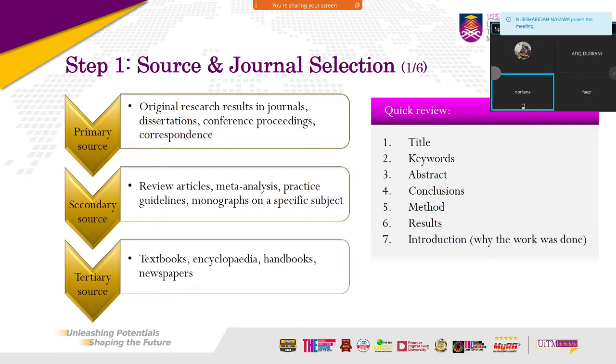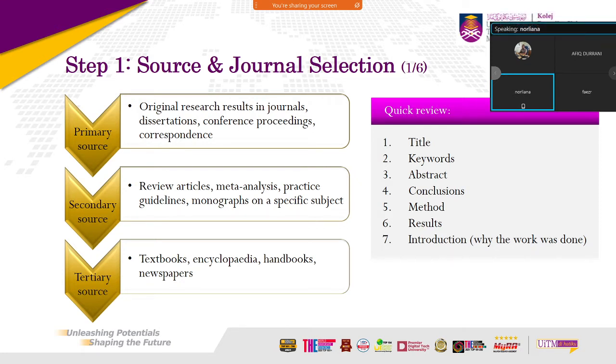Introduction ni atas-atas tu semua literature lah, tapi perenggan terakhir tu you should get the information on what to be done and sometimes why. Okay, why, dia punya purpose, the purpose of the work that has been done tu terletak dalam perenggan terakhir introduction. Okay, biasanya. So different researchers may have different styles, but mostly you can have that at the end of the